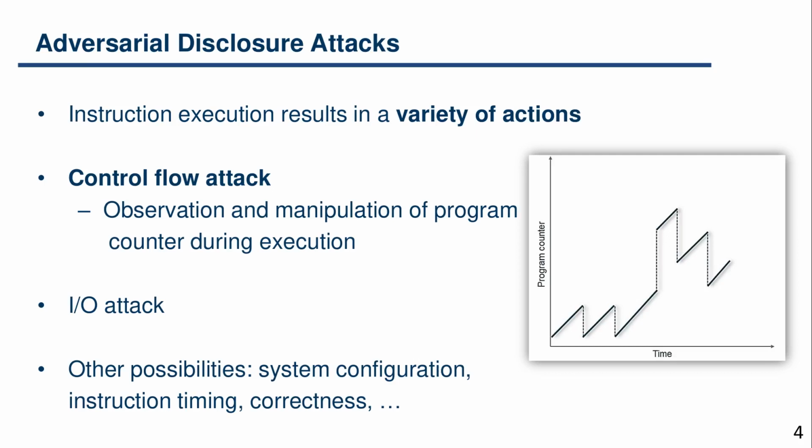Instruction execution results in a variety of actions such as updates of the register file or the status flags. Even without detailed information of which instruction has been executed exactly, the attacker is able to gain information about the ISA encoding. For example, the adversary obtains the address of the next fetched instruction by observing the program memory bus, as pictured in the graph on the right. As you can see, all control flow instructions as well as the dynamic control flow graph are immediately revealed by looking at the dotted lines.